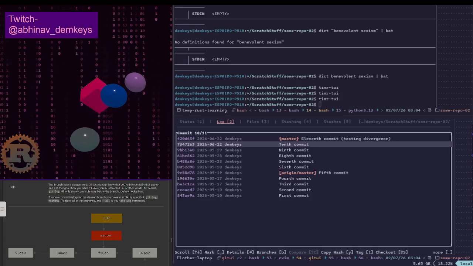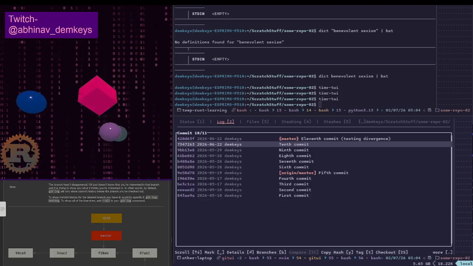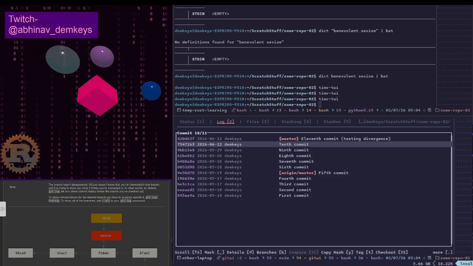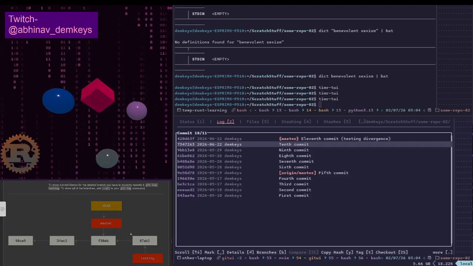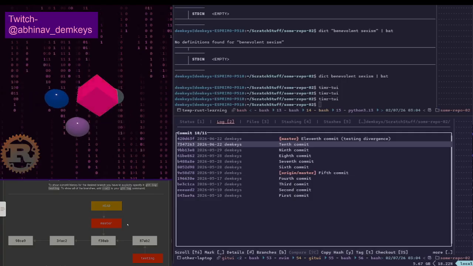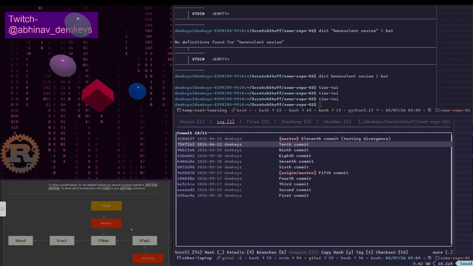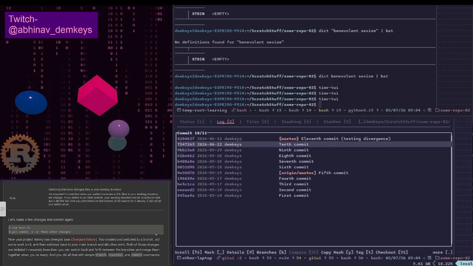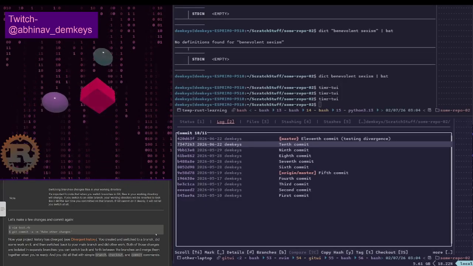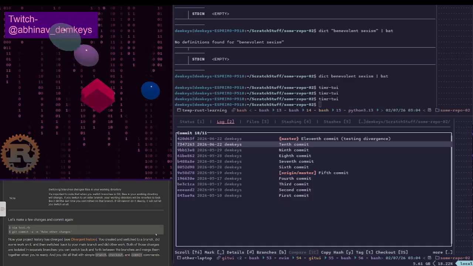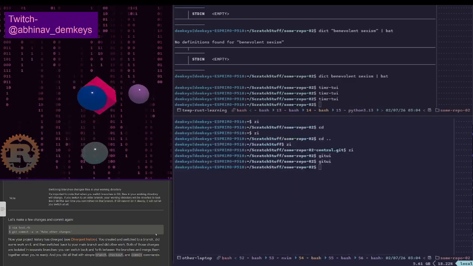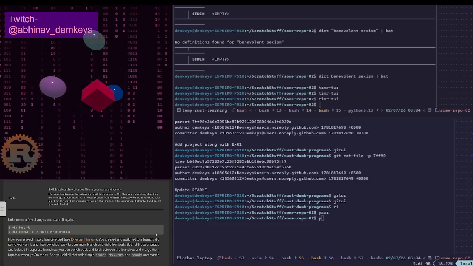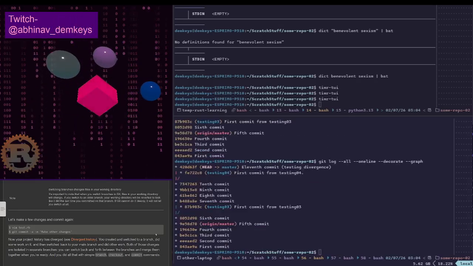So at this point, because HEAD is currently pointing to master, we currently have master checked out. If we make a new commit, it's going to diverge from here, right? And then if we look at the graph, hold on, do I have another thing here? I have Yahtzee. Yeah, I already tested this out.